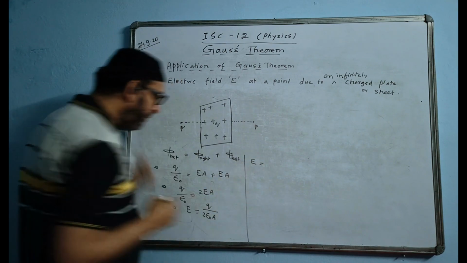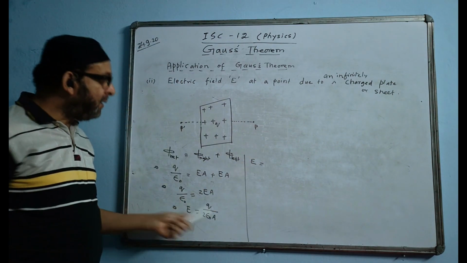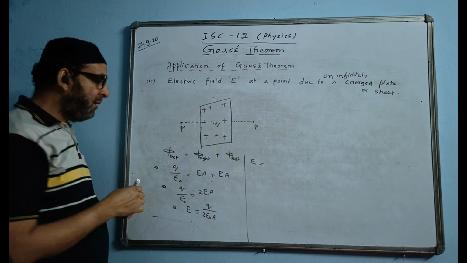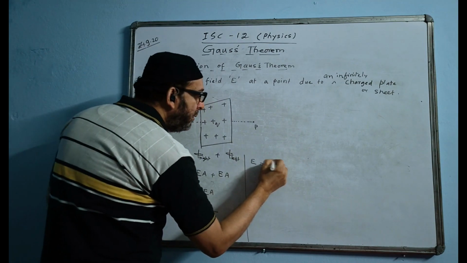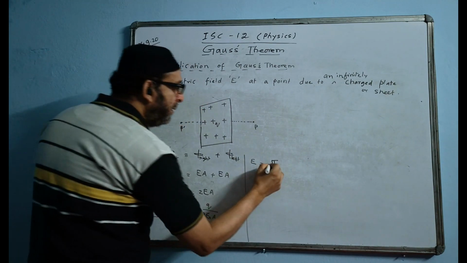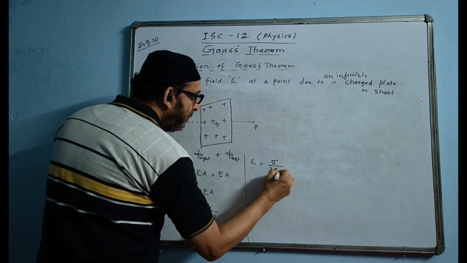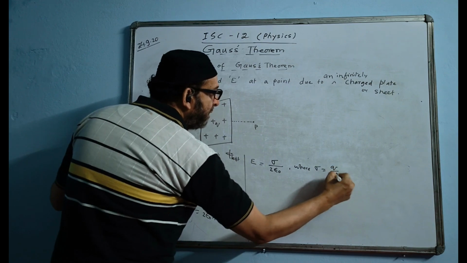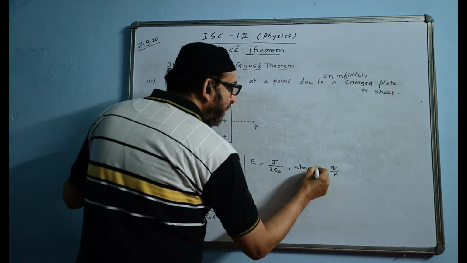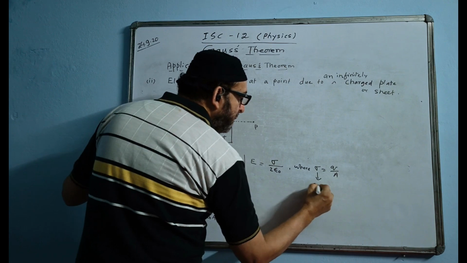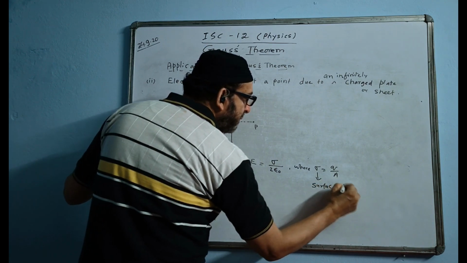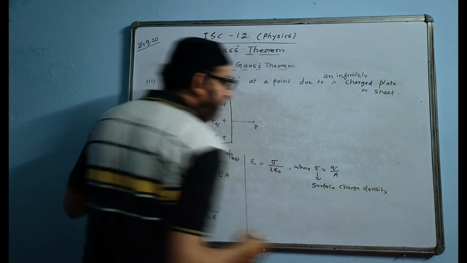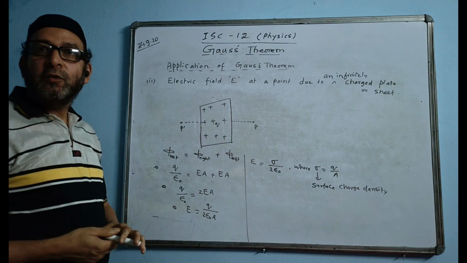Continuing a little bit here. E equal to Q by A, the charge distributed over this area. Charge distributed over this area is denoted by a symbol like this. This symbol is read as sigma. Sigma by 2 epsilon naught. We can mention here where sigma is equal to Q, charge upon area, and this is called surface charge density. Sigma is equal to Q by A.